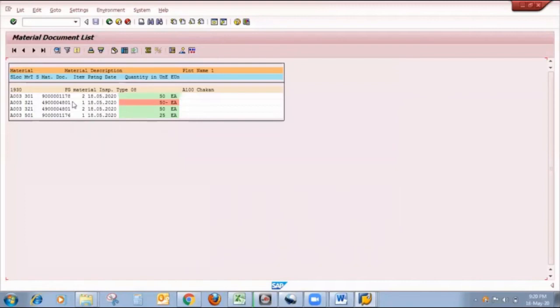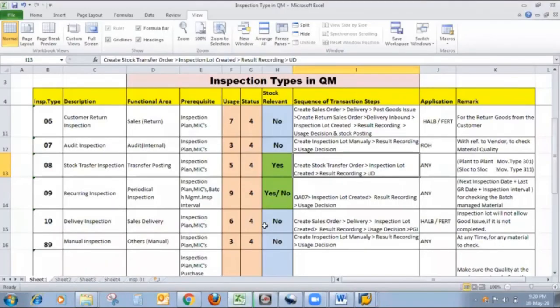So this is an important chart. I think you are very clear how this stock posting happens, and which movement type we can use to transfer stock within the plant, and which to transfer from plant to plant also. So friends, this is more about inspection type 08.